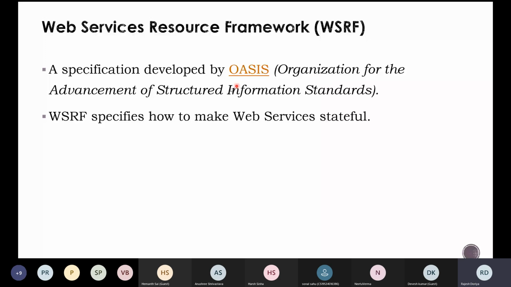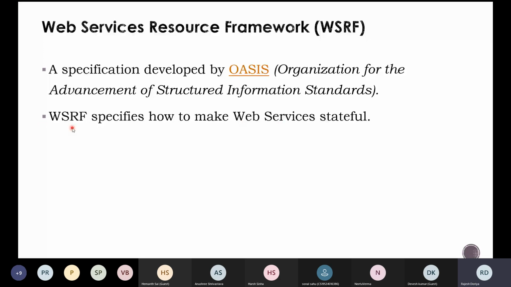And WSRF basically specifies how to make web services stateful. So in the typical World Wide Web, all those web services are stateless. But in case of grid computing, we need stateful web services.